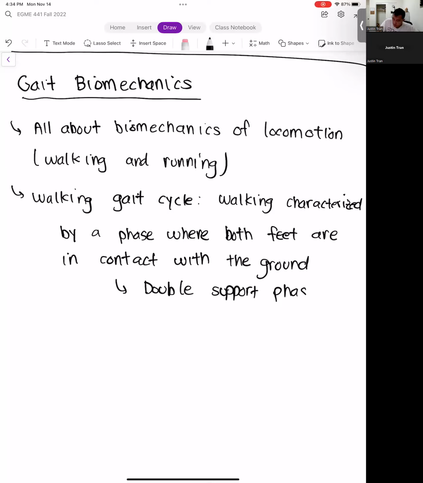Okay. And so unlike running, we don't have a flight phase. At all points in walking, you always have at least one foot on the ground, sometimes two. And so the part when you have both feet on the ground, that's called double support. Okay. And so from there, we can describe the gait cycle for each individual foot. And so for each foot,